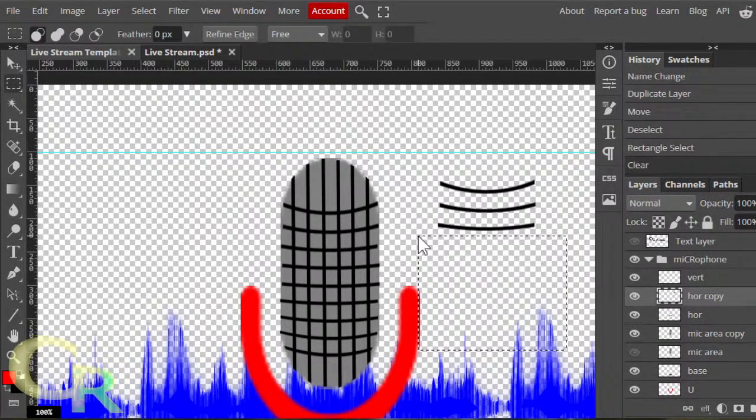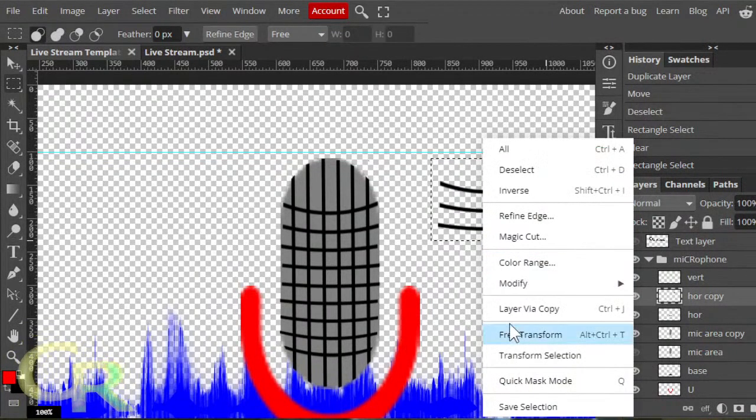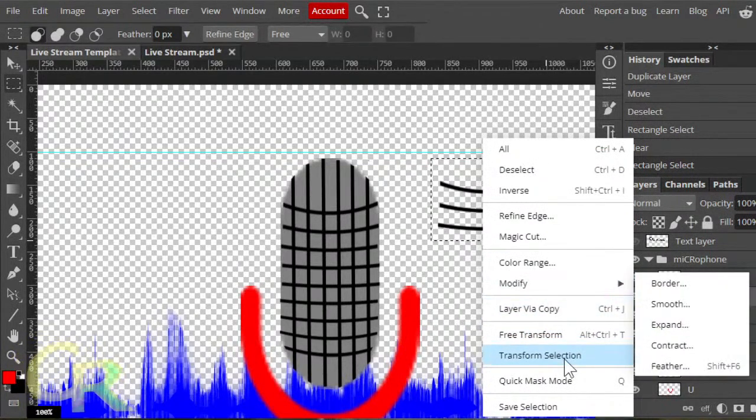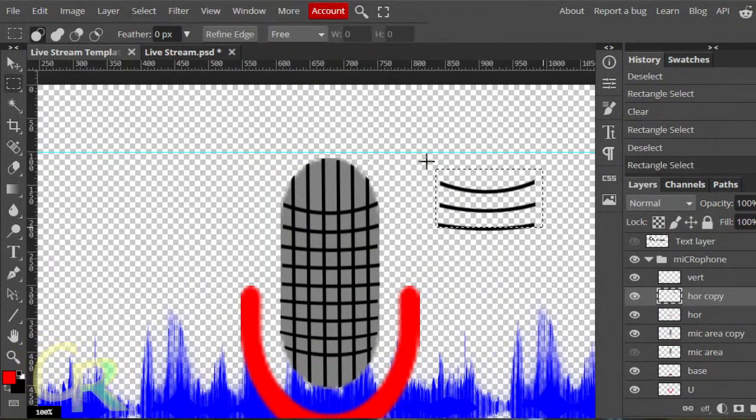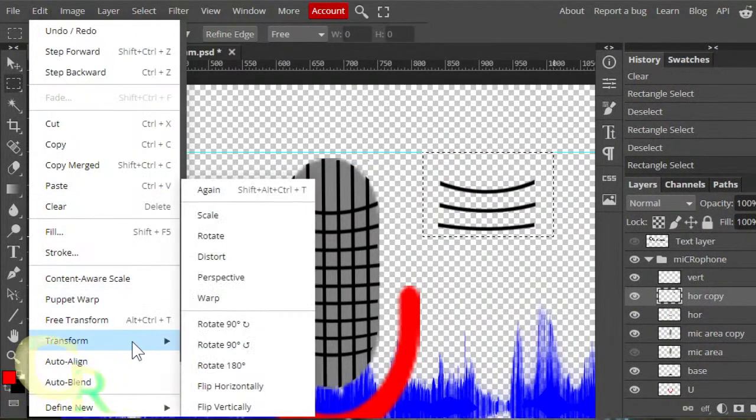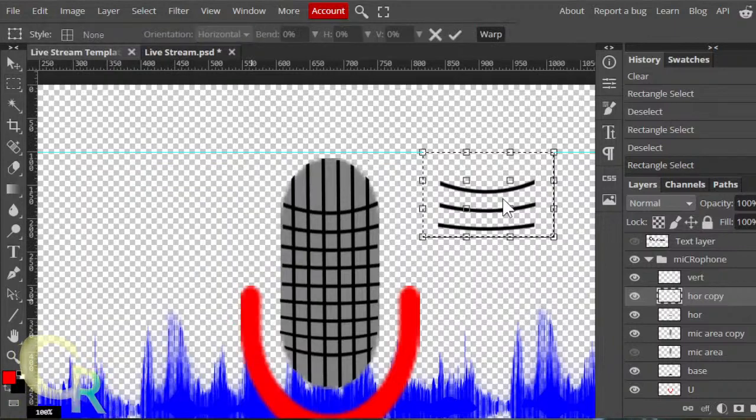So, cut that out. Select only this part here. I'll Control T for transform. Right click on the selection area so I get the menu. Nope, I'm not in it. Let's try that again. So edit. Fine. Yeah. Okay. So warp.